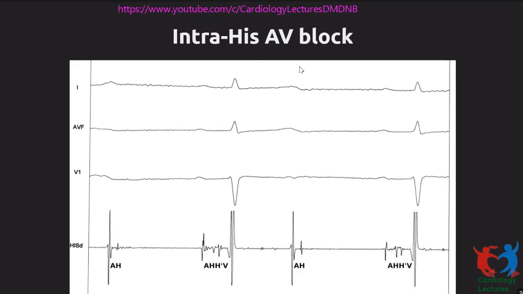But there is this rare condition of an intra-Hisian block. So here if you see a relatively narrow QRS and a longer conducted PR, both of these suggest that the block is in the node, and you would have thought it's a benign prognosis. But this patient